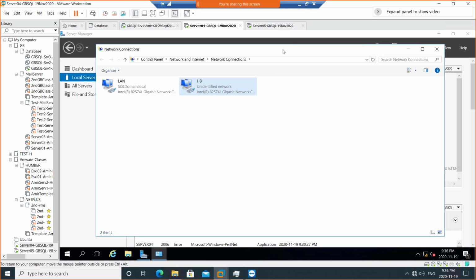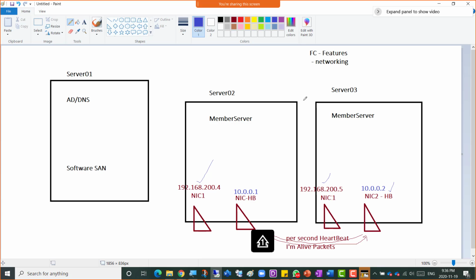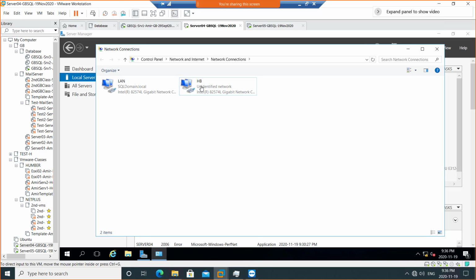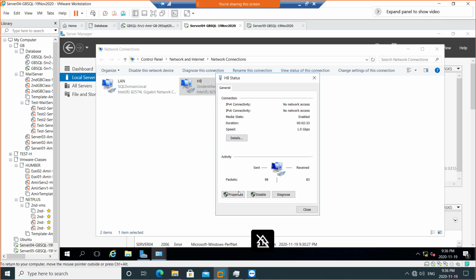But as we also mentioned in the diagram, these guys can even have their own different set of IP addresses. So we're going to give those IP addresses now one by one to the second NIC after renaming them both. So I'll just double click the heartbeat and pick properties,